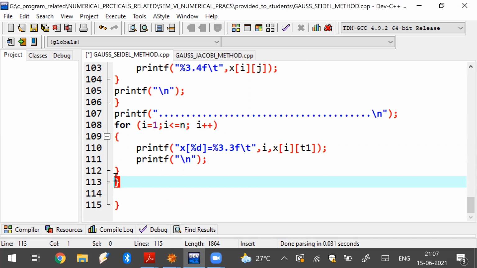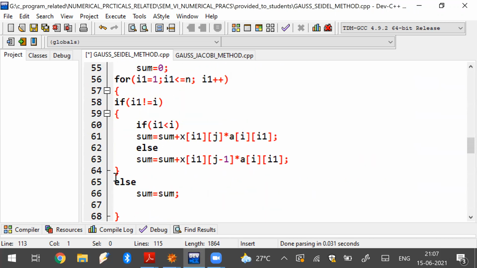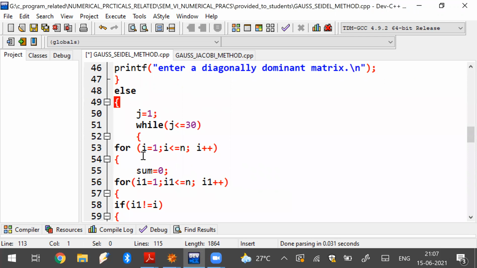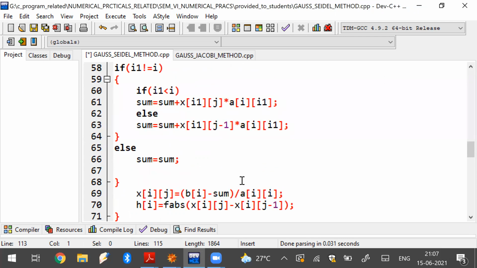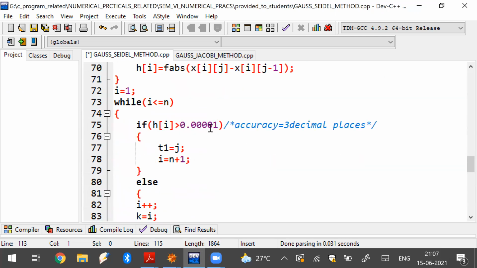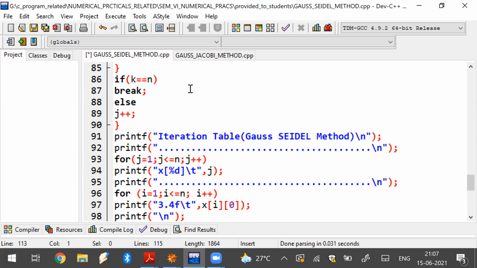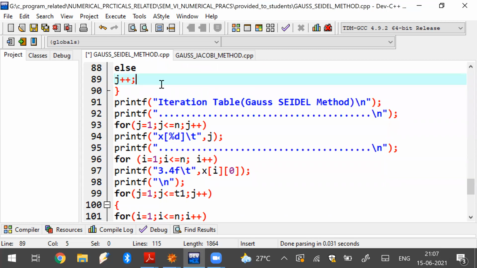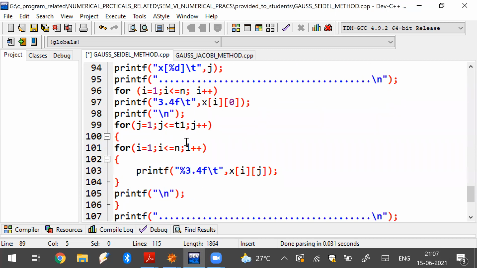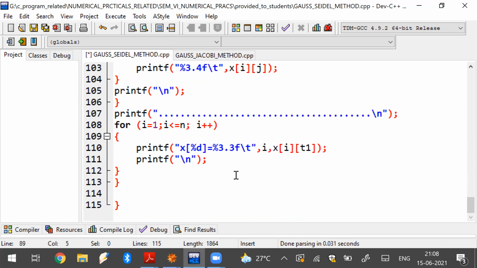If the Seidel method runs, then it has to end here only. See the else part. If it runs, then we are calculating the iteration in each step, the Seidel method is followed, and then the accuracy check is done for each and every variable, and ultimately we stop at the iteration where we get the value, and then give the printout part. So let us see now one example where this is executed.